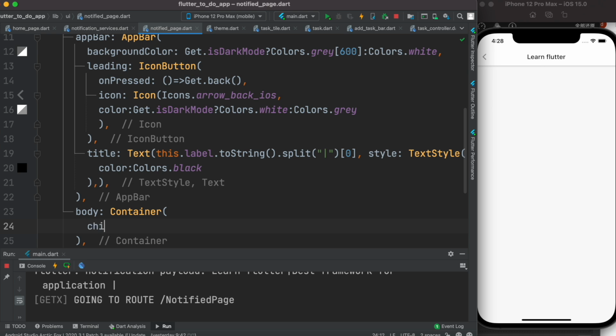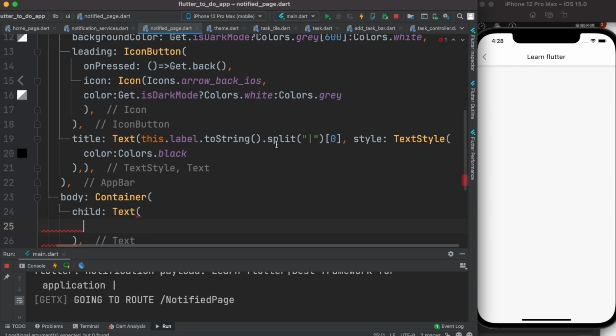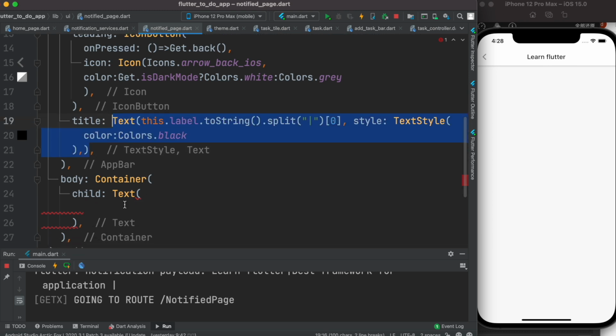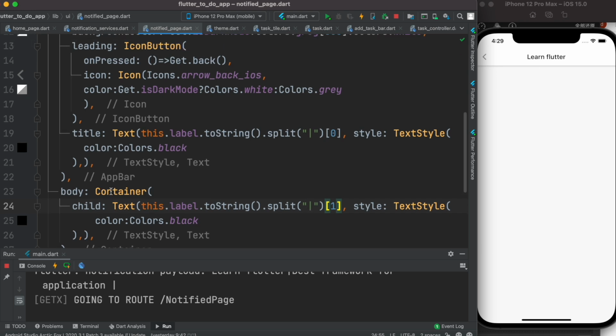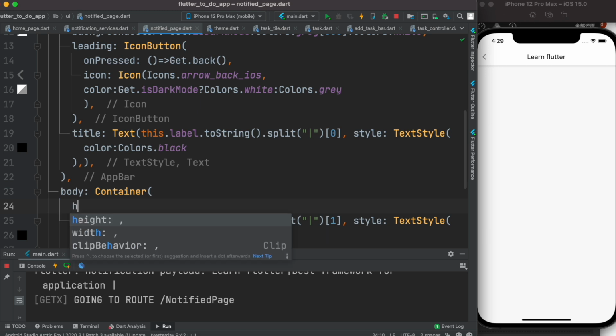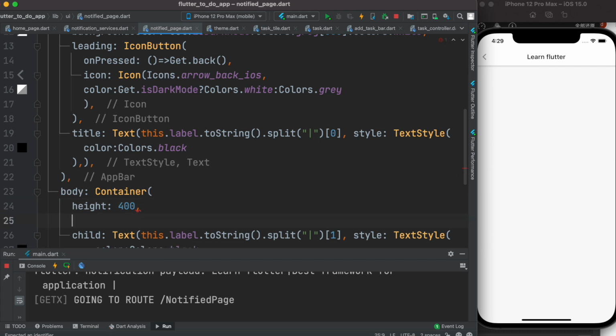Okay, so we do child. Over here we can grab this part of the text once again, and once you split it, you want to get the second part. And I think here you can also set up height, say for example 400, and